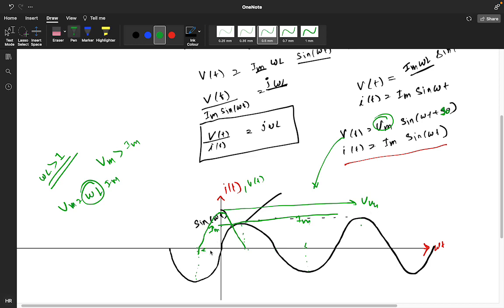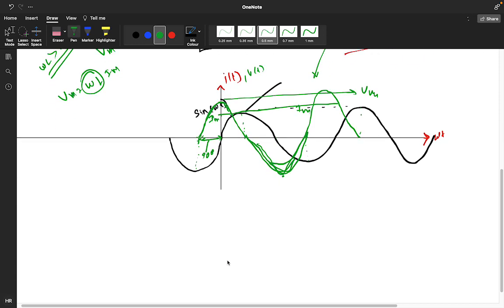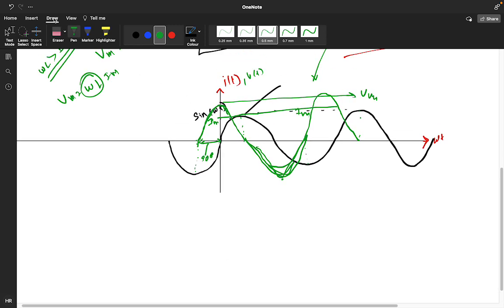It is starting 90 degrees ahead, so it will finish the curve. I'm just taking it like this. The curve is a sinusoidal curve only, it is not a triangular curve. I'm not able to draw it properly, so you just assume this is your sinusoidal curve, it is going like this. But if you draw the phasor diagram,